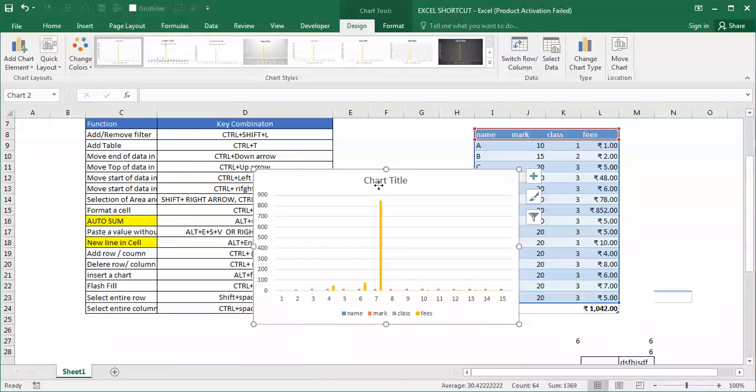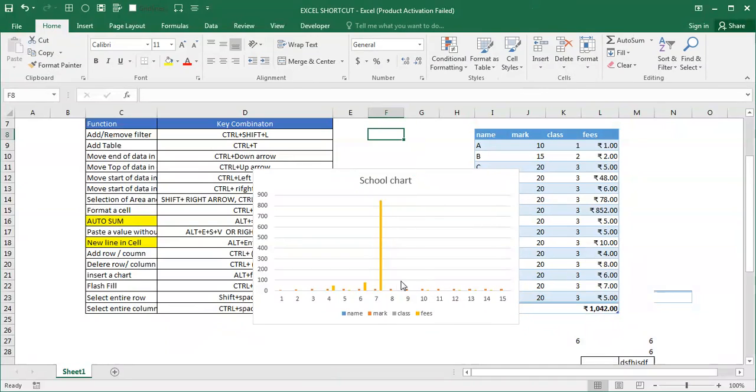This chart we can rename to whatever you want, like School Chart. Like that you can rename.